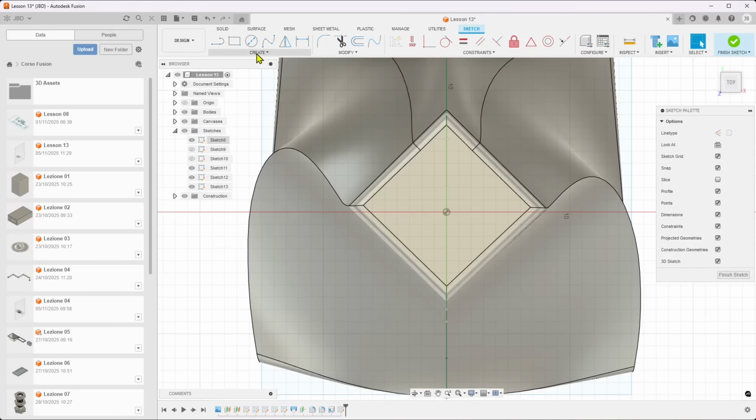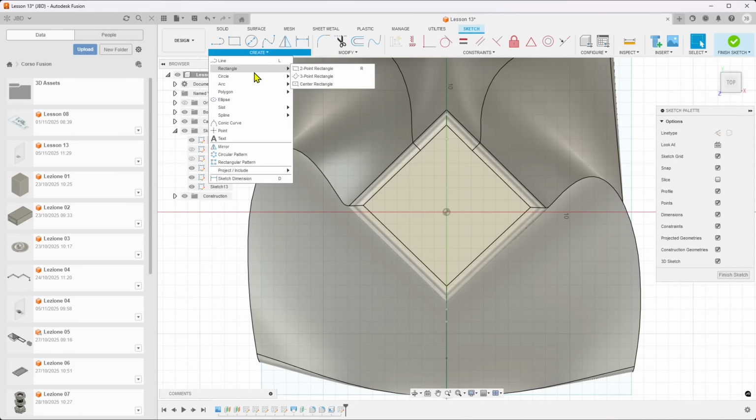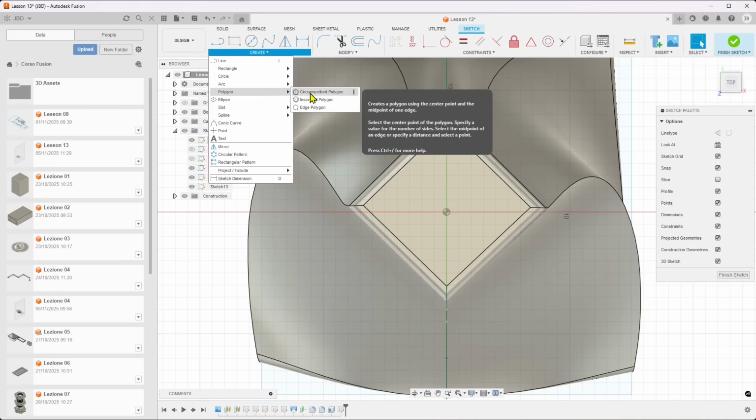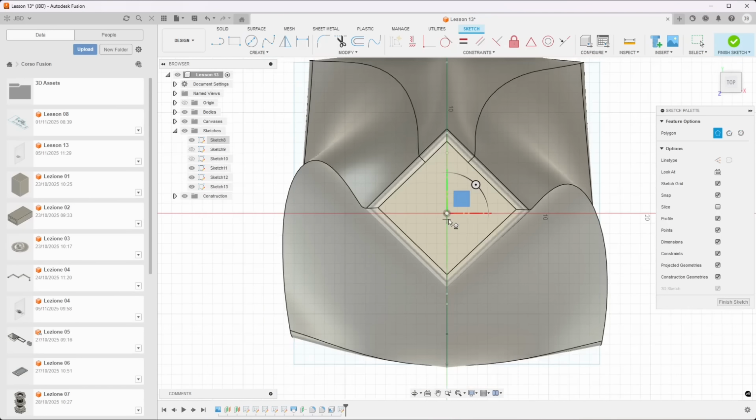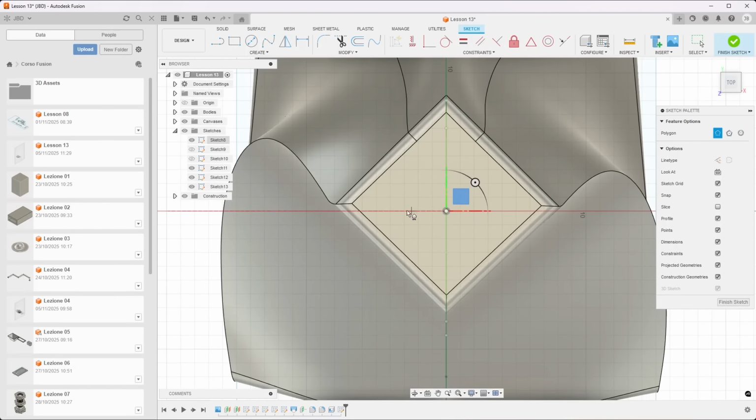I want to use something we didn't use before, or we didn't mention, which is the polygon. So we have circumscribed polygon, inscribed polygon, and edge polygon. I'm going to go with the edge polygon to start with. So you need to define an edge. So if I go from here to here, this